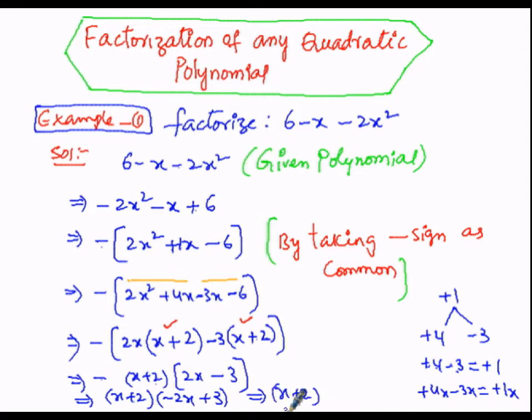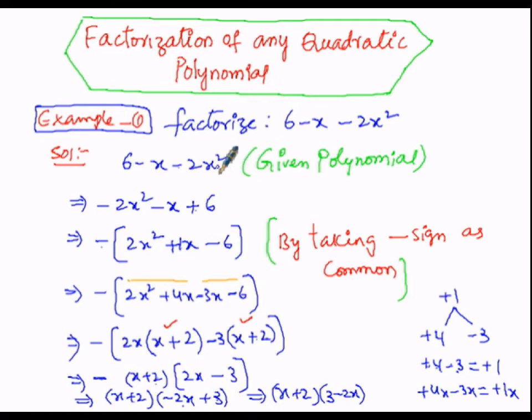so here we can multiply minus sign with either the first bracket or the second bracket. So here first bracket is written as it is, and I have multiplied the second bracket entirely with minus sign. So minus into 2x is minus 2x, minus of minus is plus, then 3 written as it is. So x plus 2 is the first factor, and the second factor I want to write with the positive sign first of all, plus 3 as 3, then minus 2x. So these two are the factors. In this manner I got x plus 2 and 3 minus 2x as the factors of 6 minus x minus 2x square.